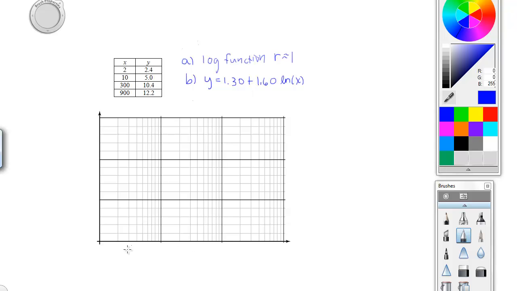So in trying to decide how to scale your data, remember these have to be powers of 10, and 2 has to fit on there. So 1, and then times 1 by 10 to get 10, and times 10 by 10 to get 100, and then times 10 again will give you 1000. So this data will fit nicely on there, and then the y's need to range from 2 up to 12. So I think if we put this as 0, 5, 10, right there, and 15, we'll be able to fit